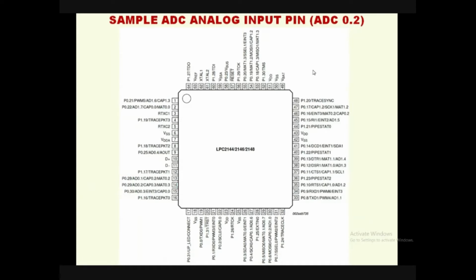So if you look at the screen in the pin diagram, if you look at the pin P0.29, that is port 0's 29th bit, the first alternate function is ADC 0.2. Okay, port 0's 29th bit. When this has to be configured, by using the corresponding pin select register, as we all know, we can make this 14th pin of this IC, which is P0.29, the ADC 0.2 pin. Okay.